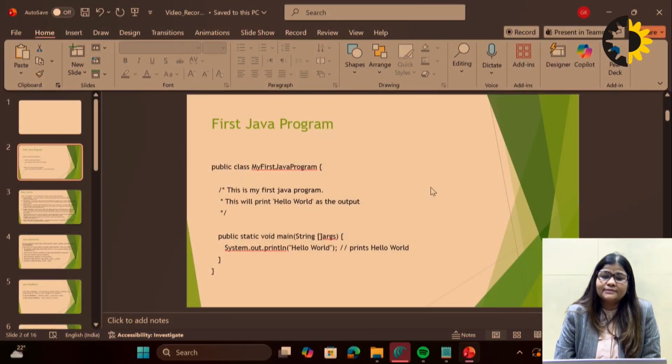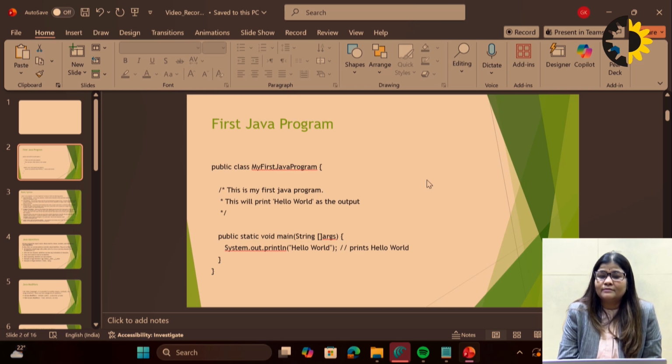So today this is our second lecture of OOPS with Java. In the last lecture, we had discussed the fundamentals of Java, how we can create a program in Eclipse, how we can write the program, and how we can run the program. It was all about the fundamentals. So today we are going to start with the very first program in Java, and we will start from fundamentals